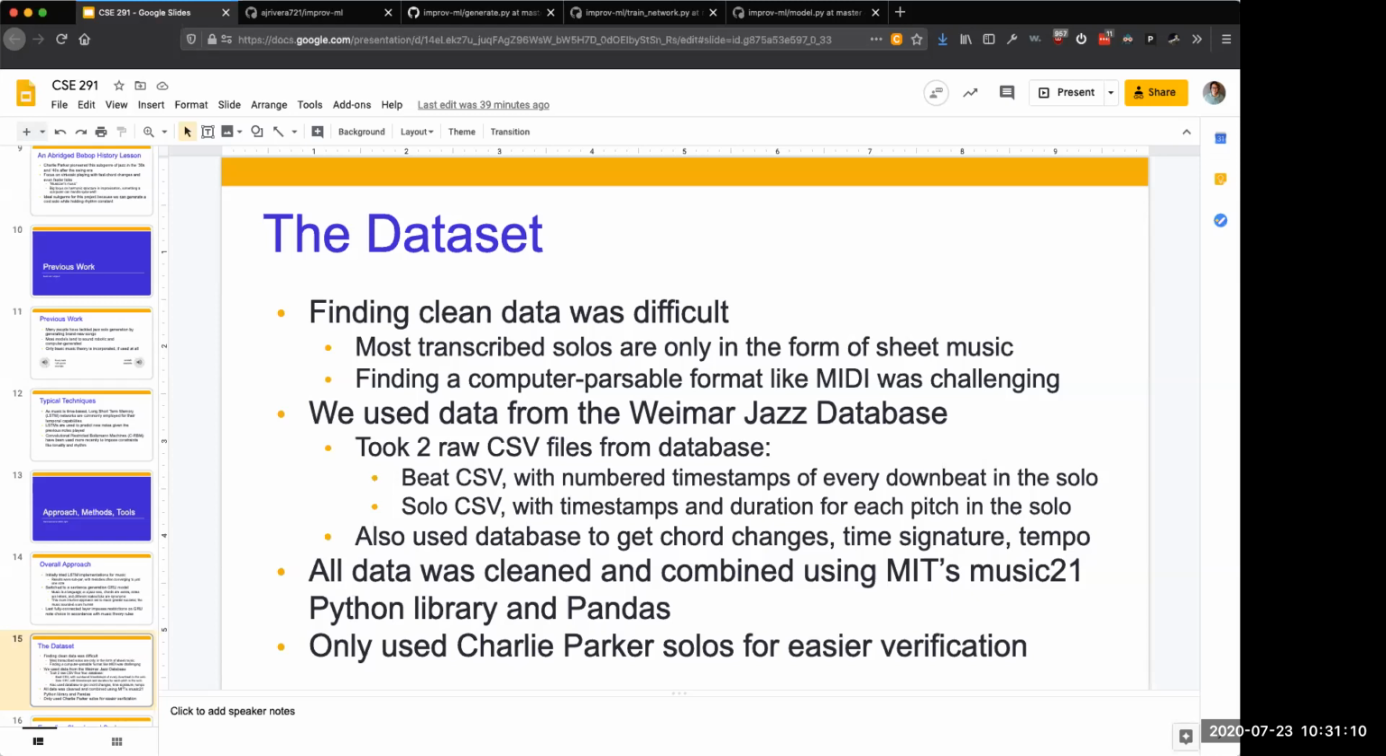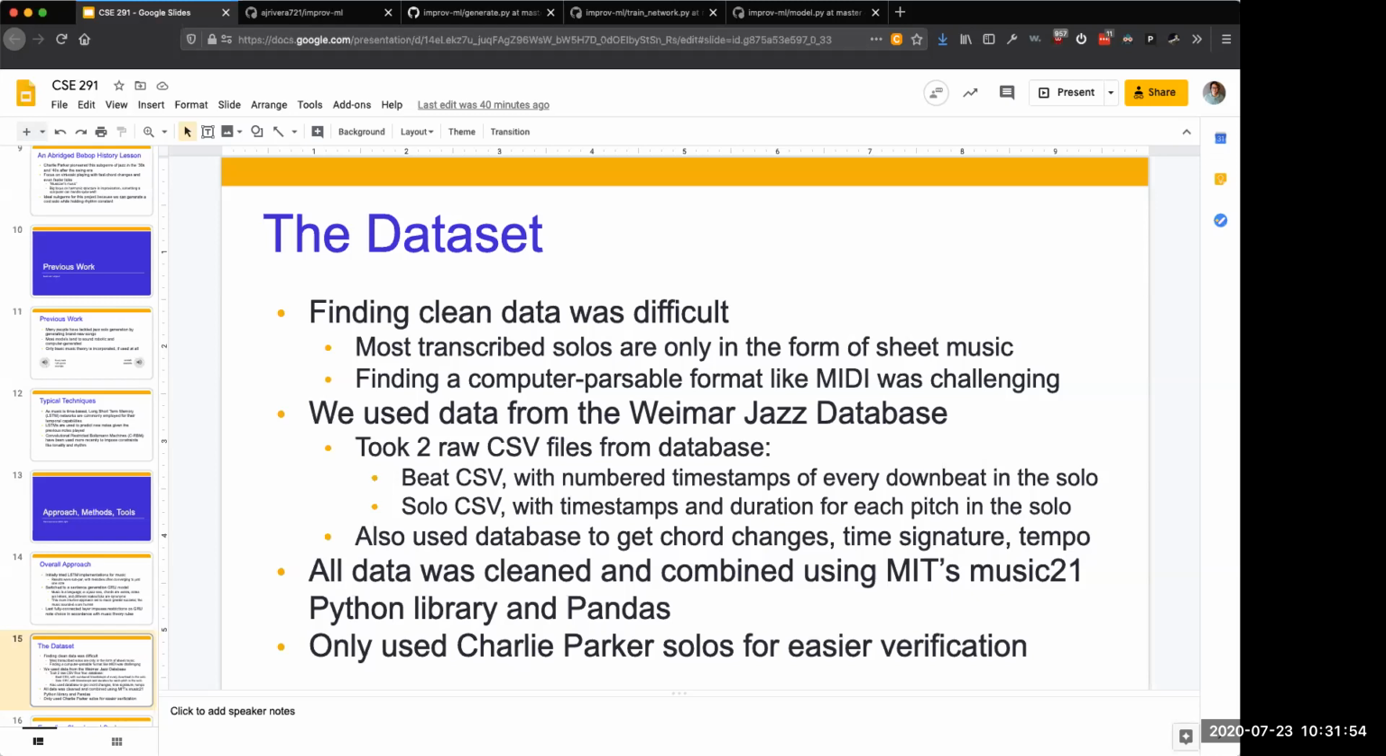And because the timing was important to us, because our input to our trained network is a set of chords with timings, we wanted to find something that represented the timing better than MIDI. And so the Weimar Jazz database had some CSV files with numbered timestamps for every downbeat in the solo. And then it also had the solos with the timing of each of the notes played and the duration. And so this worked a little bit better for us, and we were able to parse all of the data